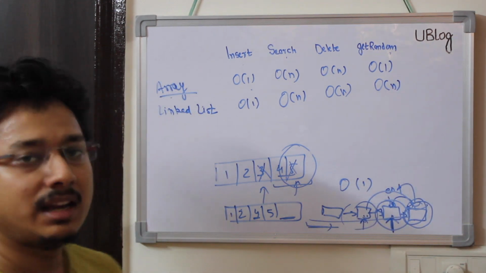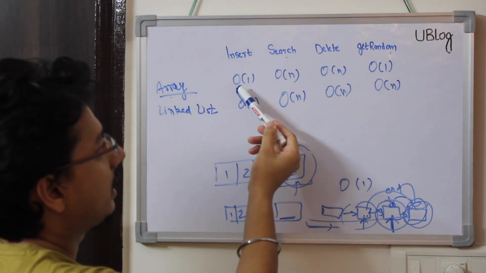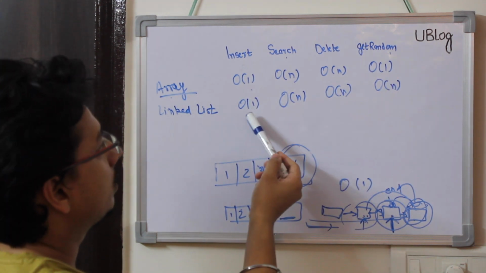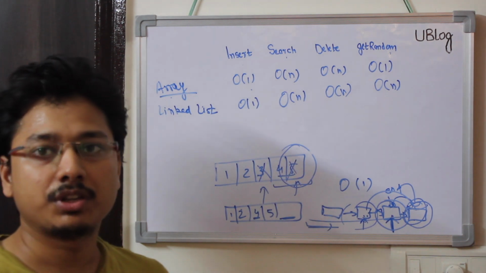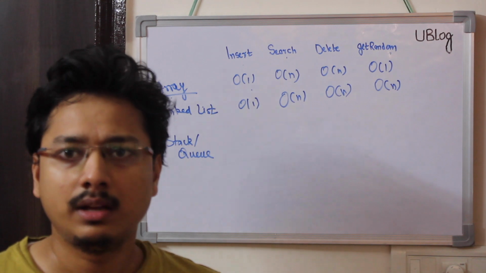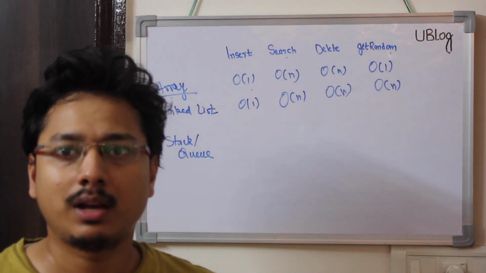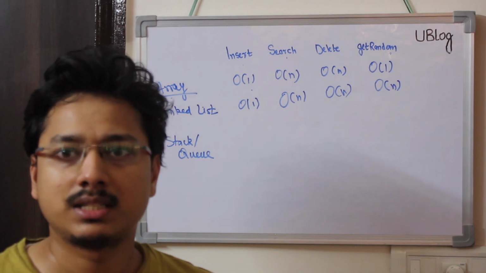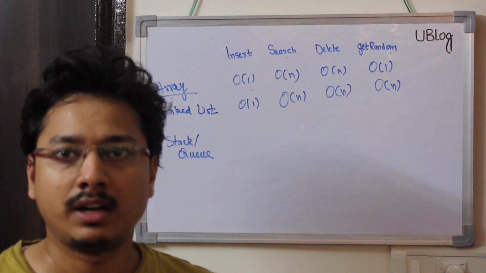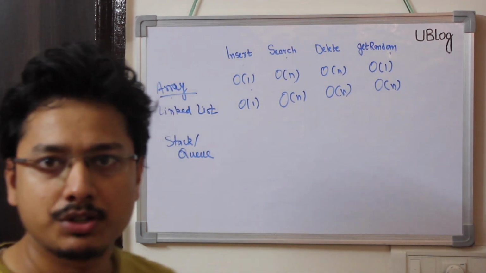So comparing the array and linked list, as per the use case, array was able to solve two operations in O(1) time, and linked list was only able to solve one operation in constant time. Okay, now let's move ahead. Let's see how much time a stack or a queue will take. Stack and queue are similar implementations, and the only difference is first in first out or last in first out. So we can take them both at the same time and see how much time they will take for each operation.